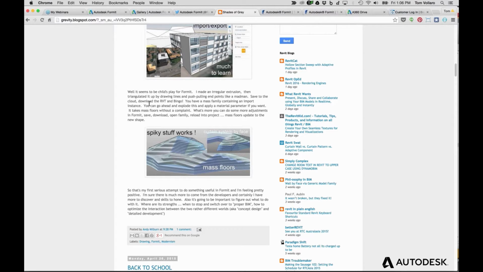It's great. Right. And I like this at the very end, sort of saying spiky stuff works. So he made this. He was actually surprised himself that this stuff came into Revit with mask floors and levels applied. So that was kind of a pleasant surprise for him, which is great because that's a big part of what we're trying to do. Yeah, the vertex,